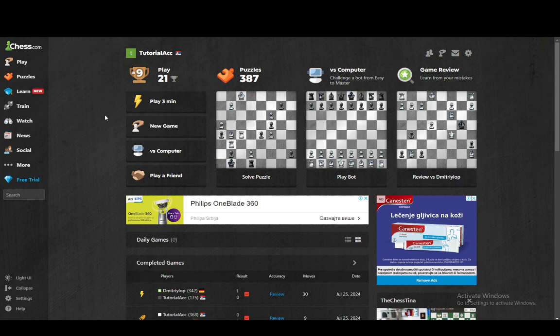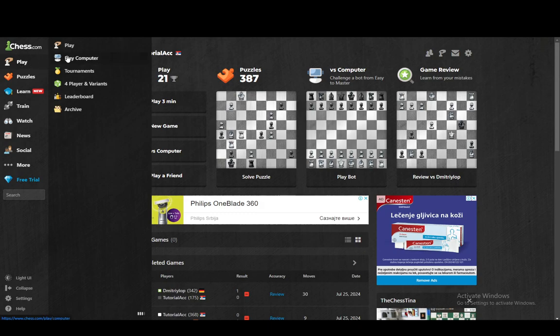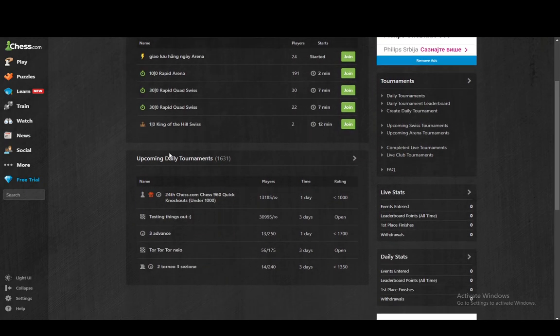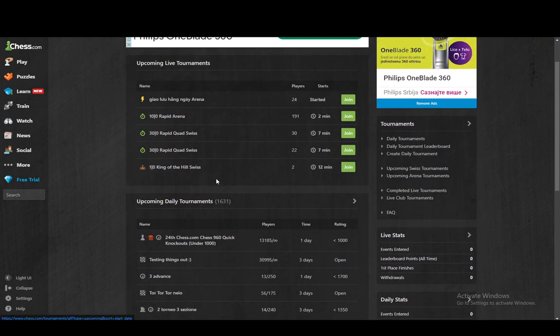And what I'm going to do to join a tournament is go and hover over the play button. You can click it and then from there you can navigate to tournaments, but just hovering over it and clicking tournaments is easier. You just want to click that. And as you can see, now you have upcoming live tournaments and upcoming daily tournaments, and you can join whichever